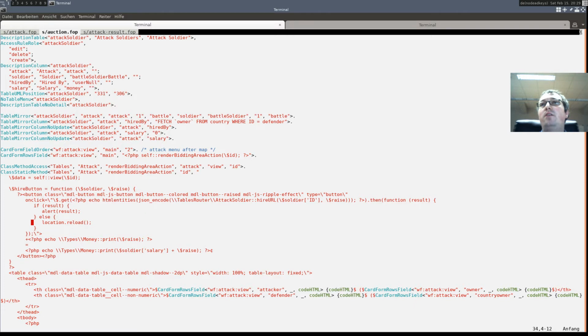Now instead of action reload, we can say $.get, action is render bidding area and ID is, and then we can echo our JSON encoded ID with then HTML and so on.